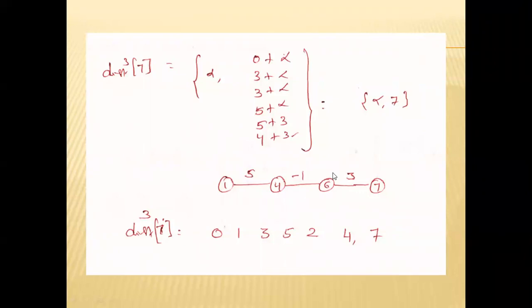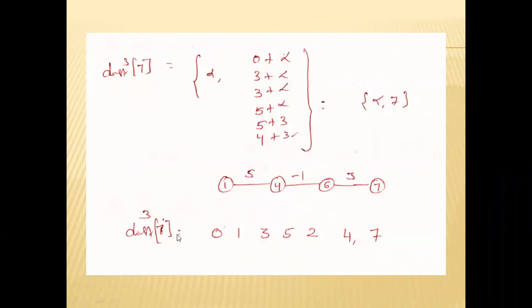Actually, there is a shortest path available from 1 to 7, but only by using three edges. There is no shortest path available by using a single edge or two edges. Only by using three edges is there a shortest path available from 1 to 7. That is distance power 3. Distance power 3 comma 7 means there is a shortest path available by using three edges.